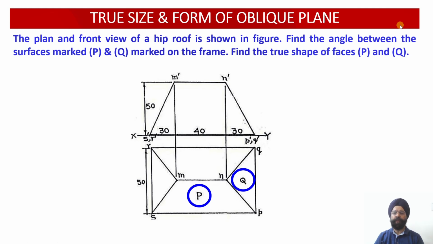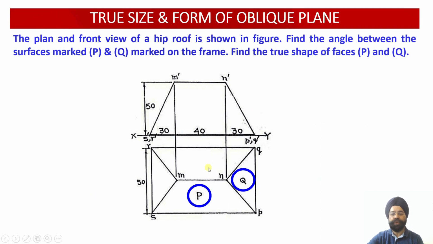So earlier on we were obtaining the true size and form of a single plane, but you can see this is the canopy of a house. There is a canopy of a roof. In many places wherever there is huge snowfall or a huge downpour, where the rains are more, we do not have straight roofs. In Shimla, in the hilly areas, we have slanting roofs, just like a canopy.